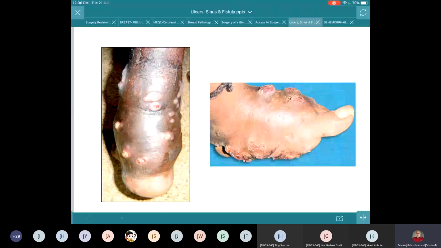Actinomycosis Israeli. Probably this is very common in Israel. Actinomycosis Israeli. There is another variant called Madura mycosis. Madura comes from a place called Madurai in South India, where I did all my MBBS and then the MCh also, at Madurai Medical College. In that area, this actinomycosis is very common. That is called Madura mycosis.